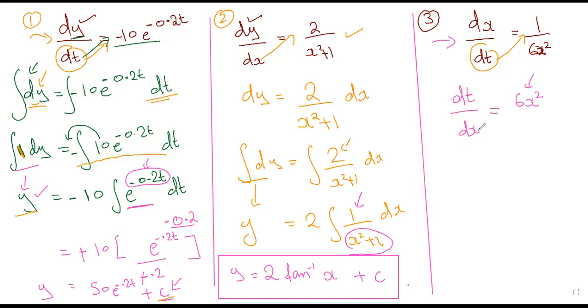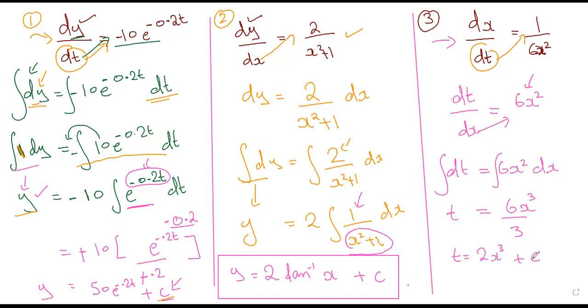And now if I take this dx to that side, things are good again. This would be 6x square dx. And again, we have to integrate it on both sides. This will give us t equals 6x to the 3 divided by 3, and this would become t equals 2x cube. Do you agree? Plus c,